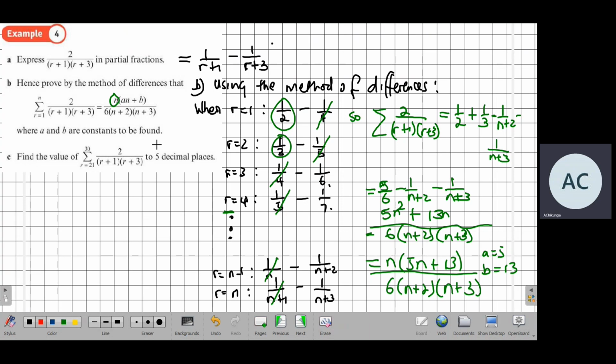To add the sum from r equal to 21, so if we are to add the sum from r equal to 21, we now have the formula already. So from r equal to 21 to 30,